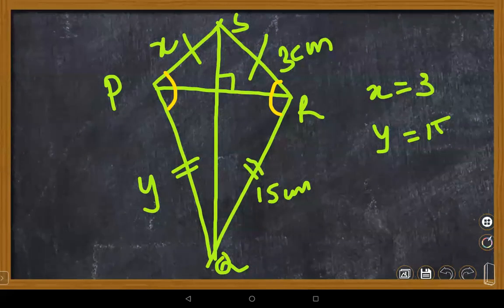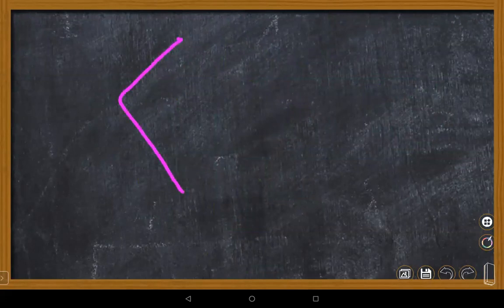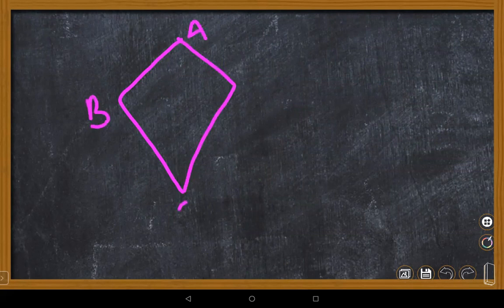And please calculate in ABCD. I just want to give one question on this kite. ABCD is a kite. Here the angle is given as 61. And here the angle is given as X. And this angle is given as Y. This angle is given as 80.